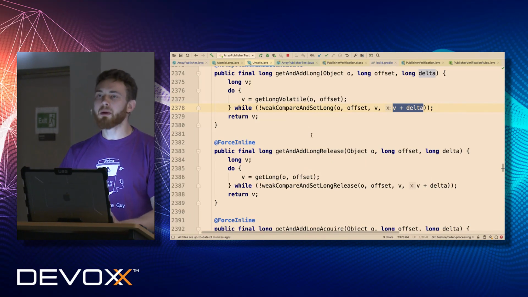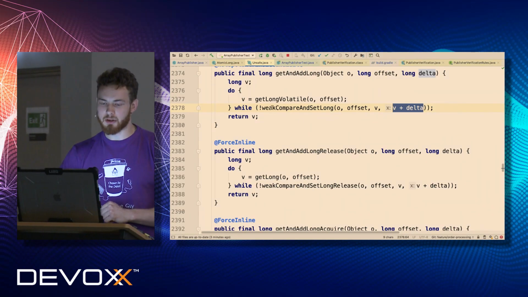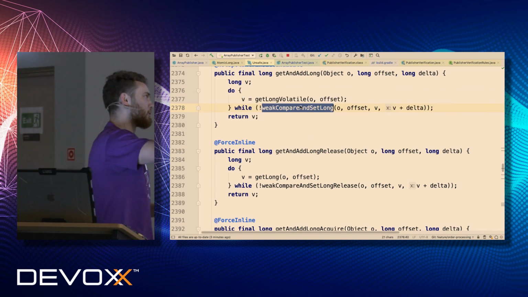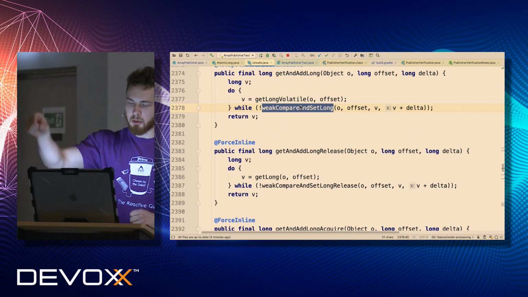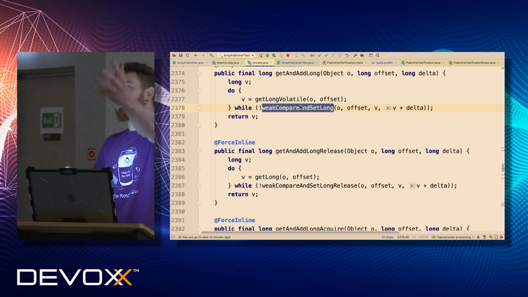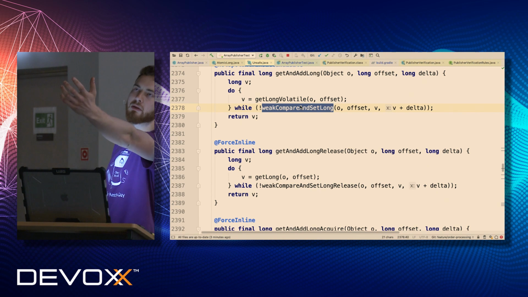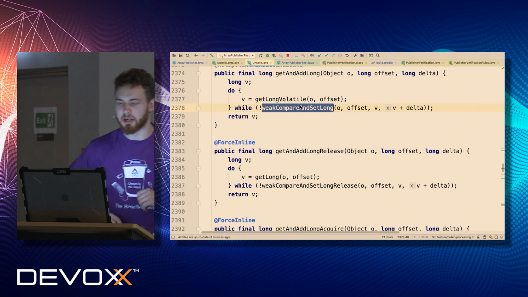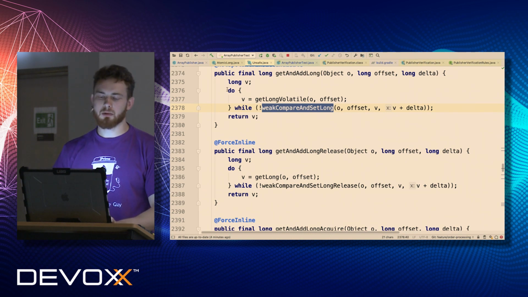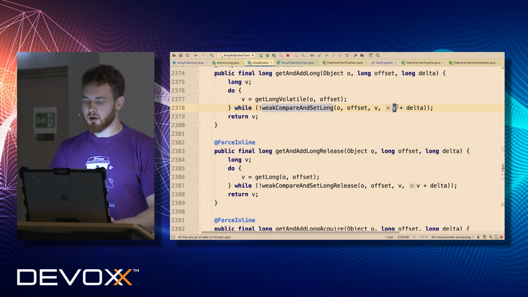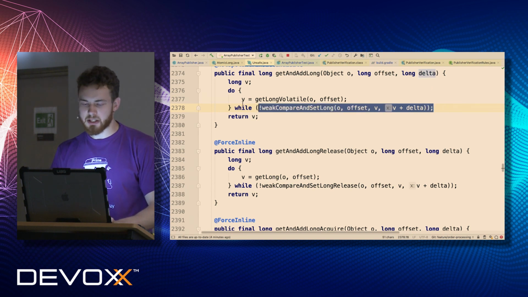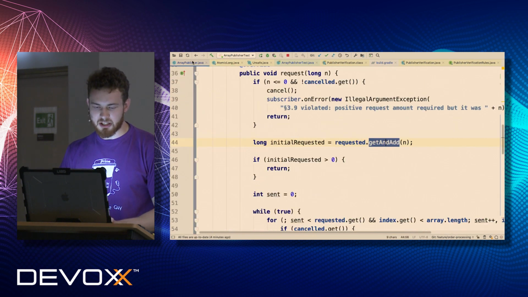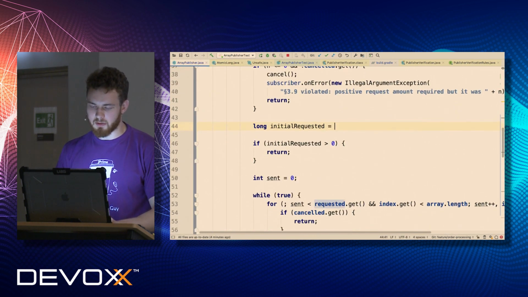And now we have to somehow implement the same algorithm, because here it's clear we use an infinite loop. And this infinite loop is designed for racing again. And there is an atomic operation compare and set, which allows you to compare what you expected to see in the memory, and then add the next value afterwards, which is an atomic operation. So now we have to implement something similar, but with protection for overflow, right? The simplest, as for me, is to just copy-paste this and implement the same by ourselves.